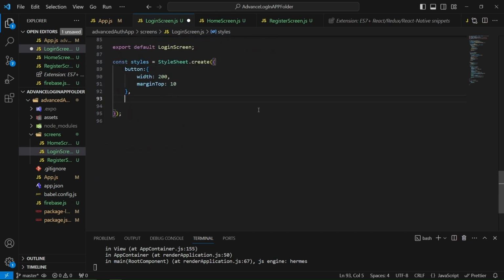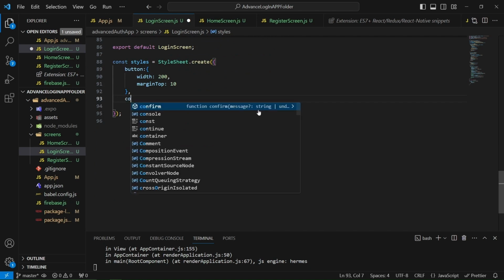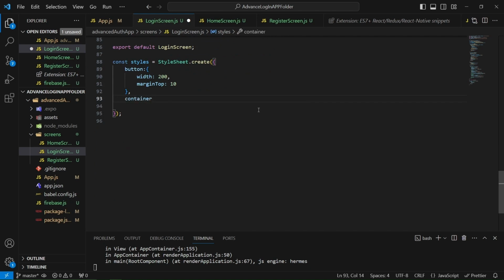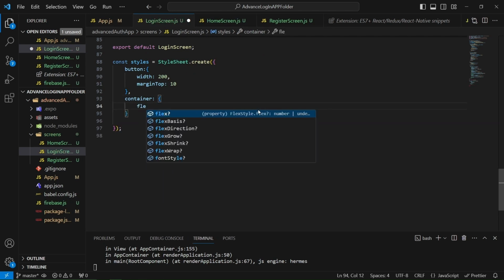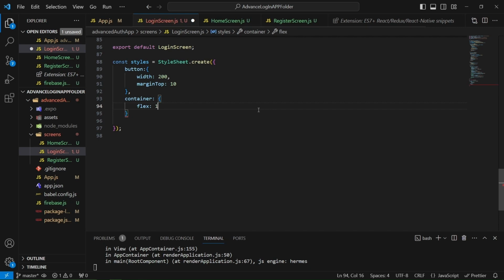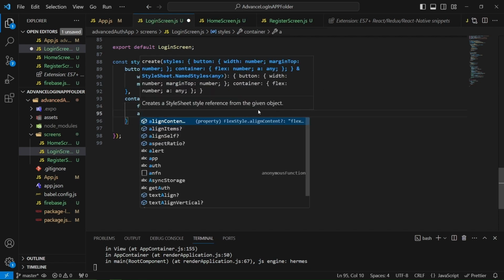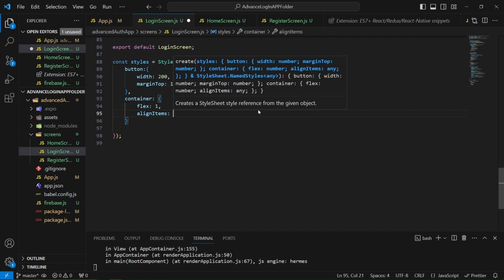All right, so the next one we're going to do is going to be for the overall container. So go ahead, create that, give it some curly brackets. Inside the container, we're going to set it to flex 1, which is just going to help it organize and make it centered. Then we're going to go ahead and do an align items also. I'm going to go ahead and set that to center as well,